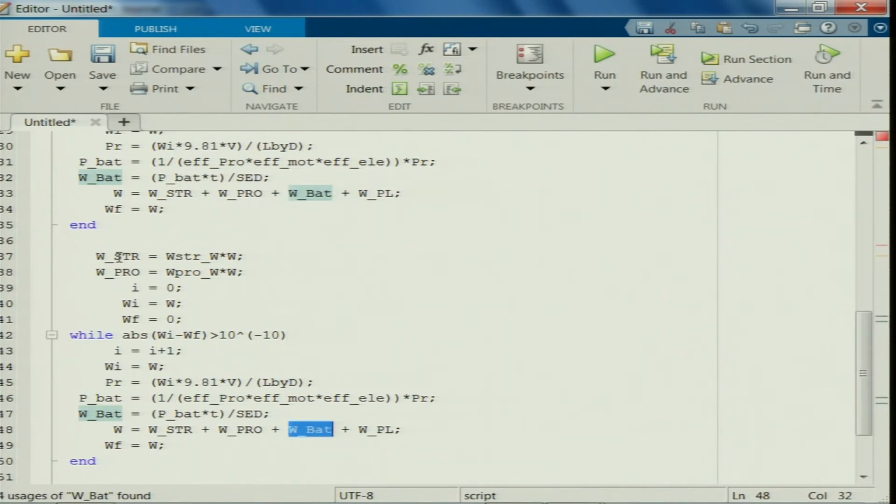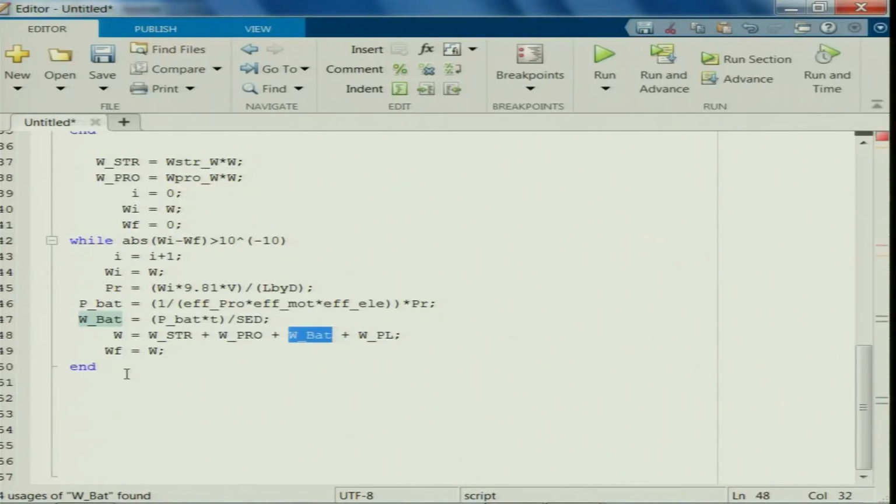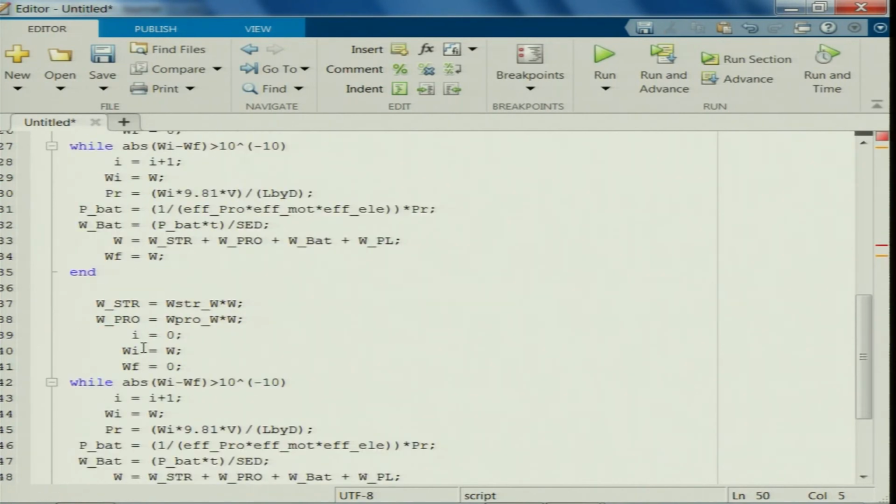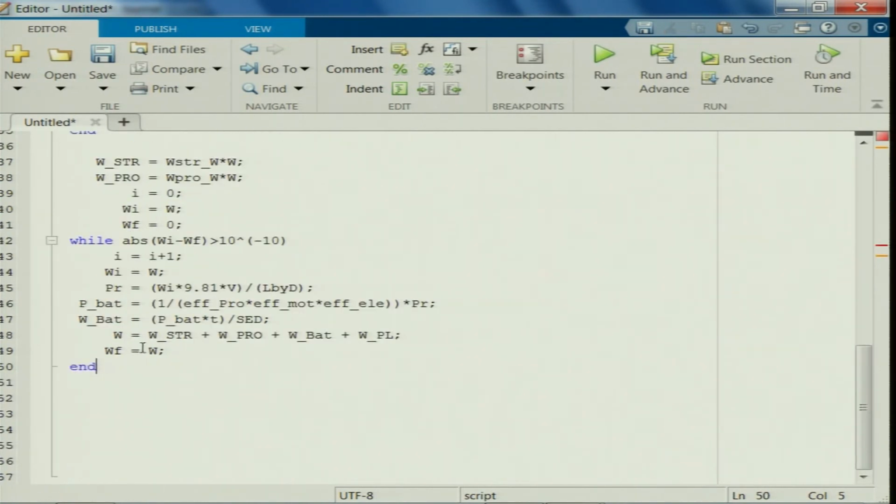So, while considering this upgradation, you can take a factor of safety, so that this particular battery weight will be satisfied within that limit. The increase in the weight will not affect the propulsion weight increment as well as structural weight increment. So, we will end this after 2 iterations here. In general, what I observed is that after these 2 iterations the weights are more or less within the limits of the estimates. So, I will end this program.